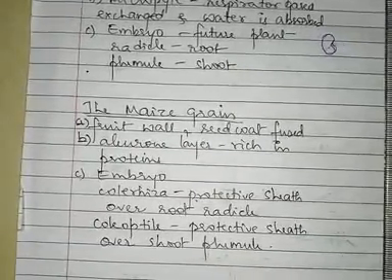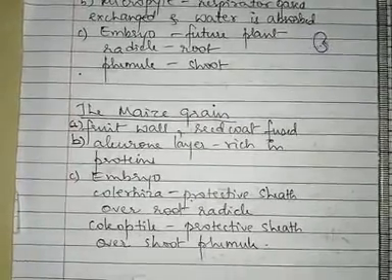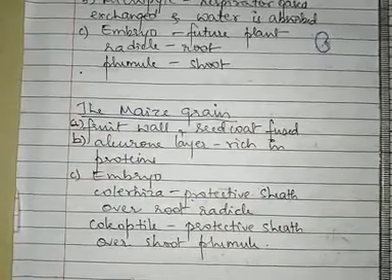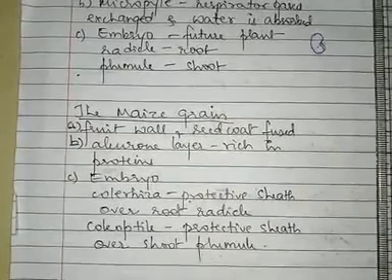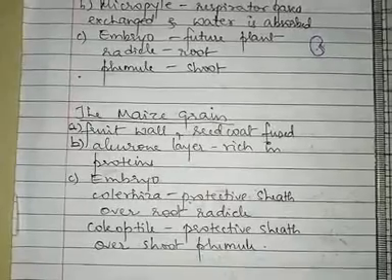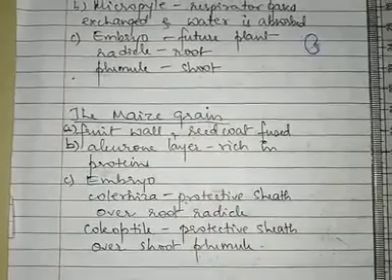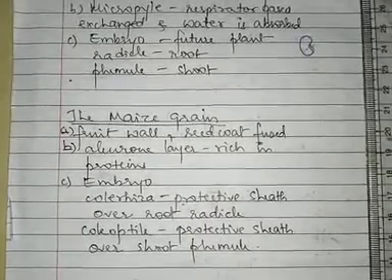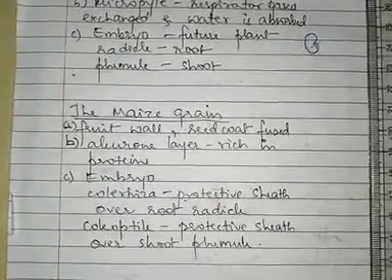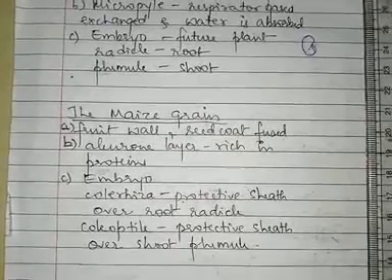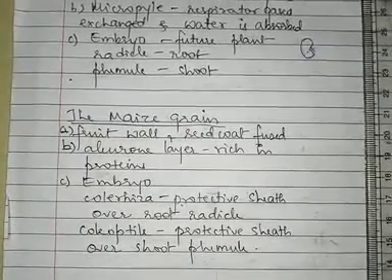Seeds are of different size. Some seeds are very small in size, so small that they are barely visible by naked eyes. You are hardly able to see the seeds, right? So orchid seeds or poppy seeds, they are very small in size, and some seeds are large in size like the watermelon or the pumpkin seed or the mango seed. They are quite large in size. The largest seed is considered to be that of coconut or double coconut, right? These are having the largest size of the seed.